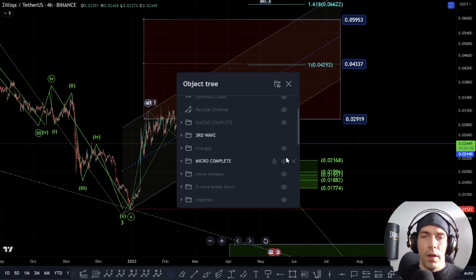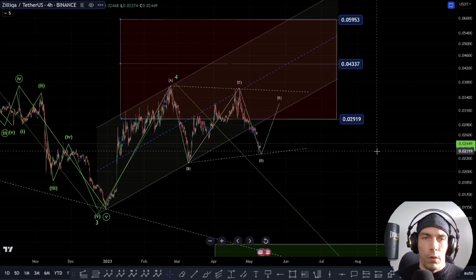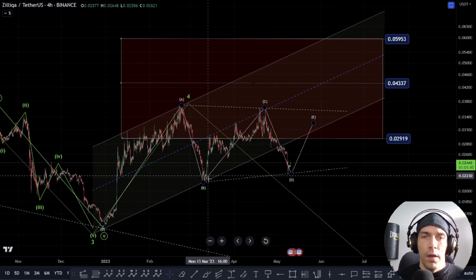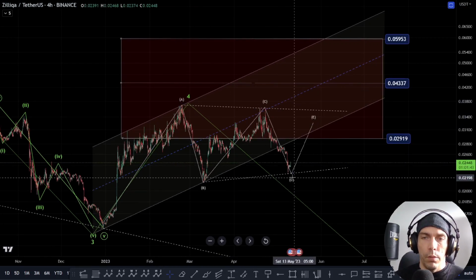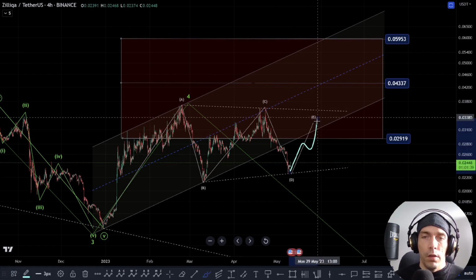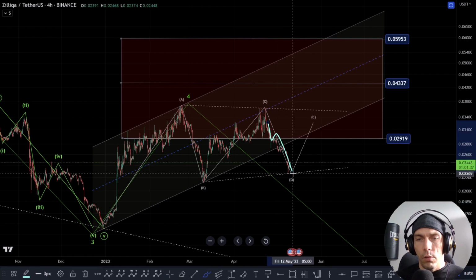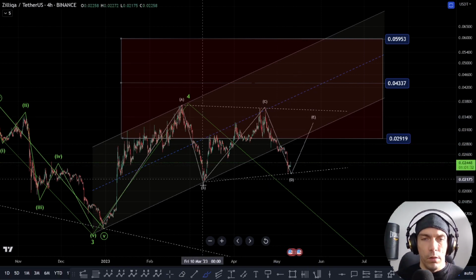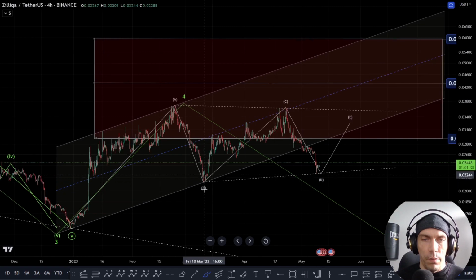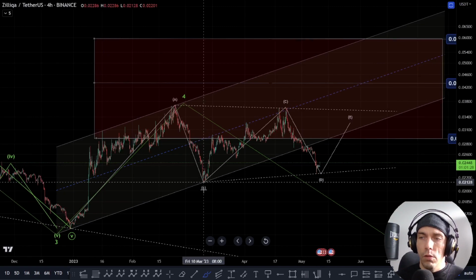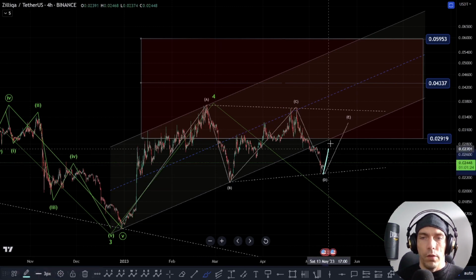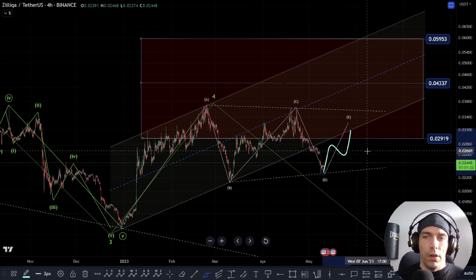One thing I am just being mindful of is there could be something going on like this where we're actually developing a triangle in here where this is A, B, C, looking for a D wave, and then we form another 3-wave move to the upside here. The internals of this move down here are not great, so it makes me a little bit skeptical of this. But really, as long as we stay above this B wave low, which is sitting here at this 0.2128, we could actually have is still looking for this as a triangular pattern,